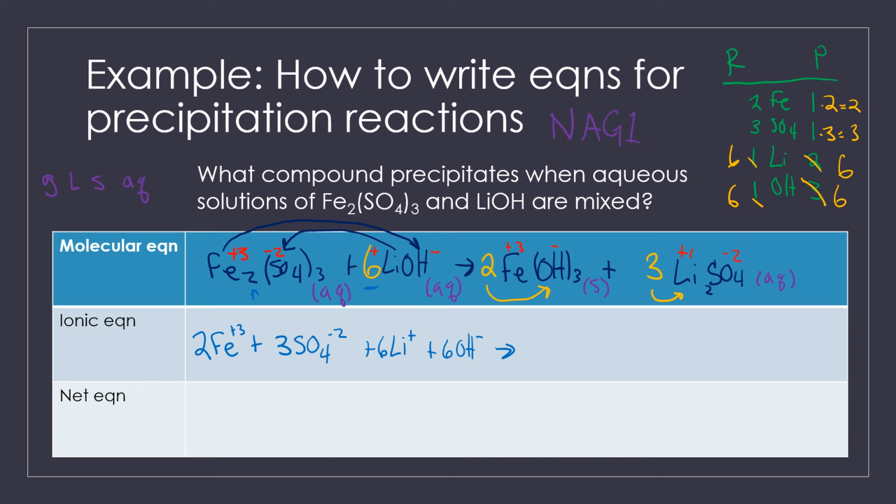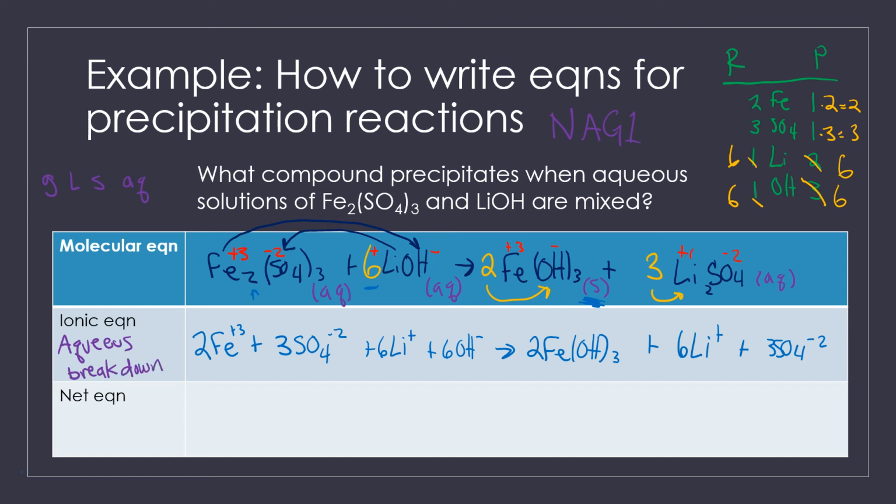On our product side, anything that is a solid, you do not break down. You only get to break it apart if it is aqueous. So here we still have 2 FeOH3. But this is aqueous, so we are going to break it down. So we have 6 Li plus and 3 SO4 minus 2. Okay, so this is our ionic equation. Everything that was an aqueous solution or an aqueous substance got broken down. Okay, so we're going to think of this as the aqueous